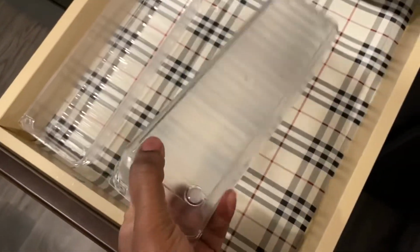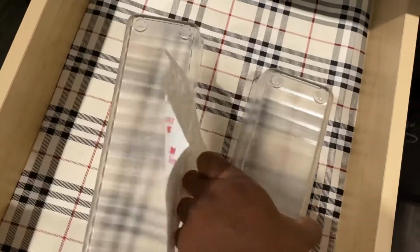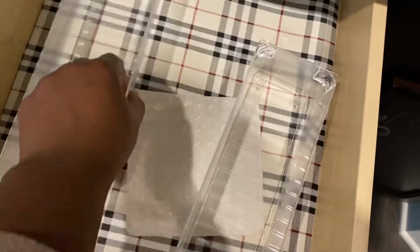And I put the little knobs. Make sure you put these little knobs at the bottom. It helps secure it from sliding, see? But when you put the knobs there,